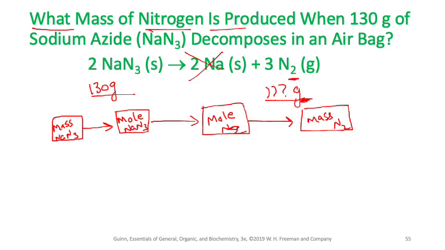Now let's see how the first two boxes are connected, mass of NaN3 to moles of NaN3. By rule, I can say 1 mole of NaN3, sodium azide, is equal